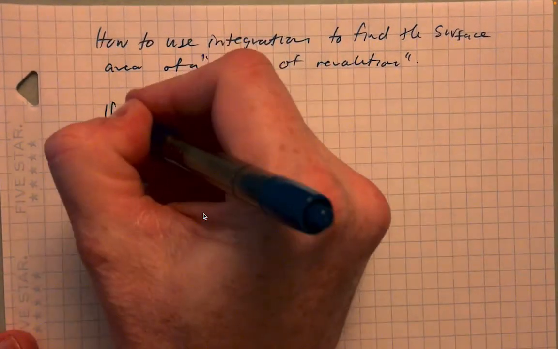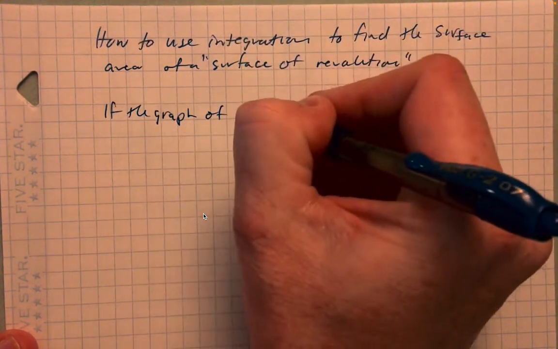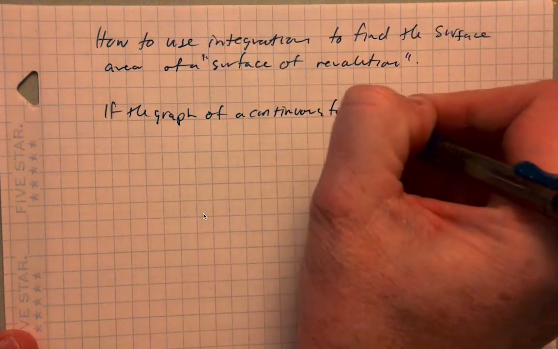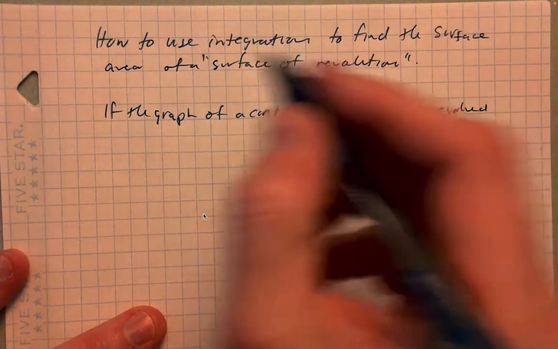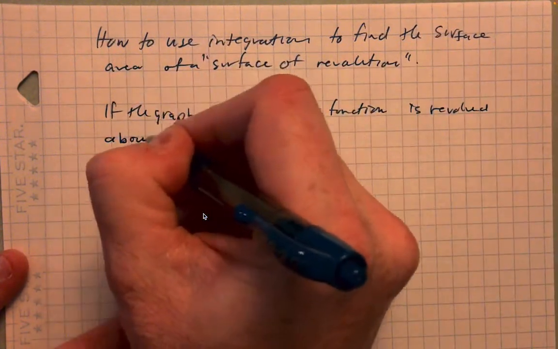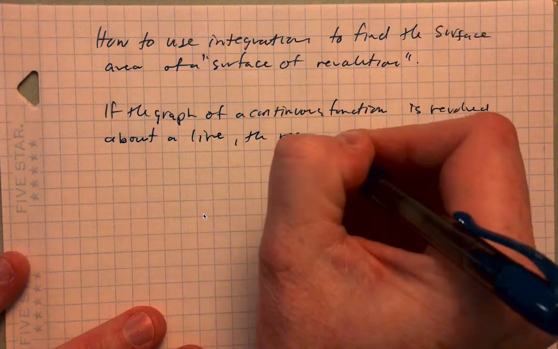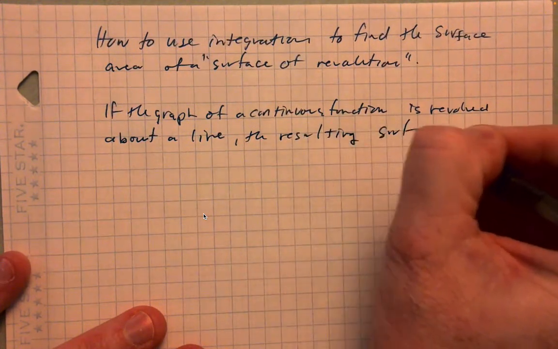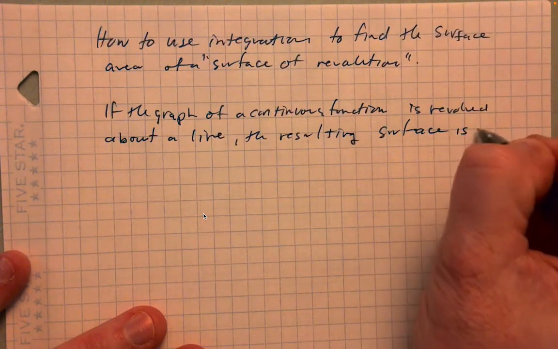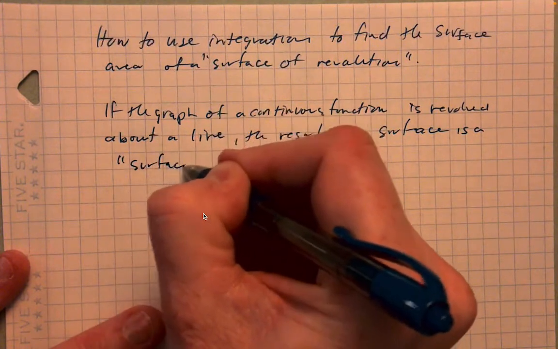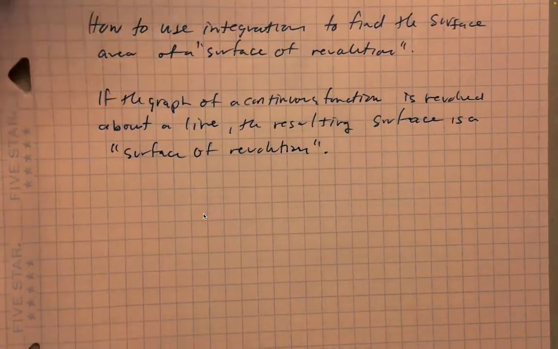What is it? So if the graph of a continuous function is revolved about a line, okay, the resulting surface is a surface of revolution. Okay, so that's kind of the definition here, but what does that